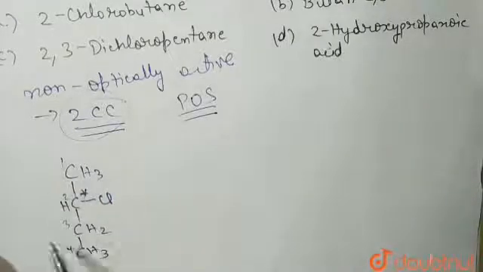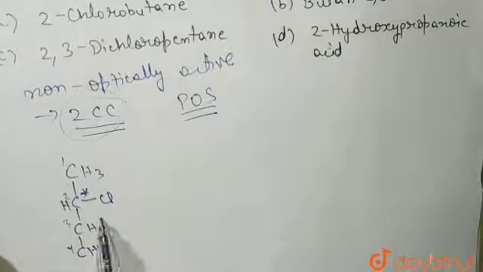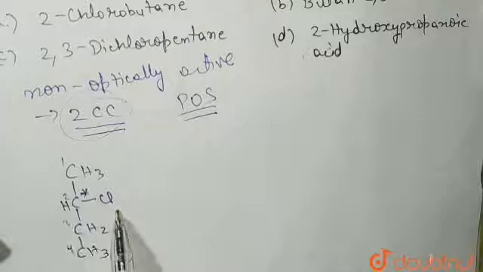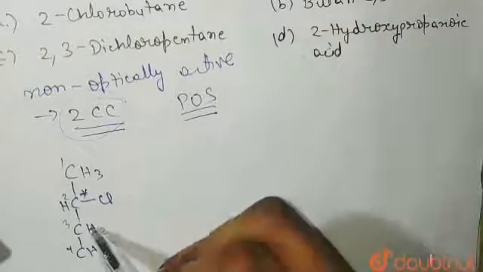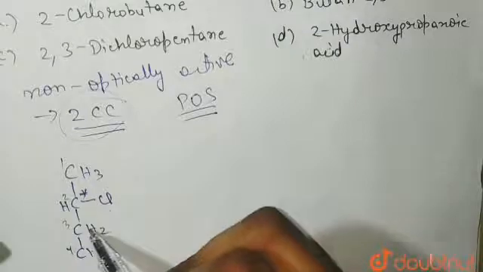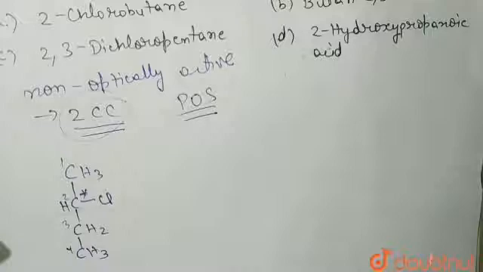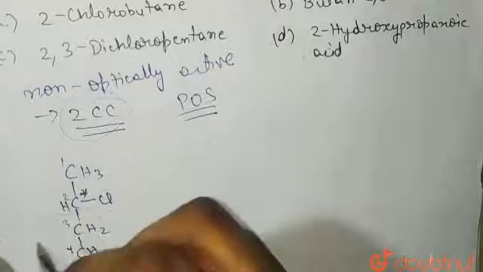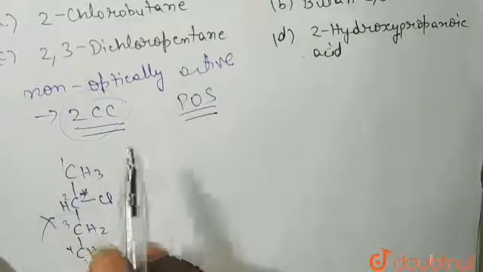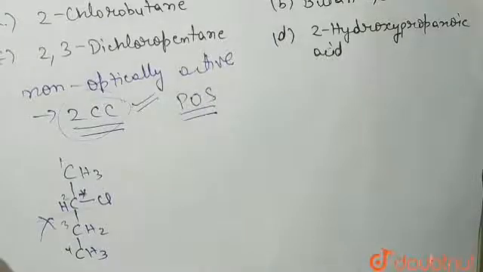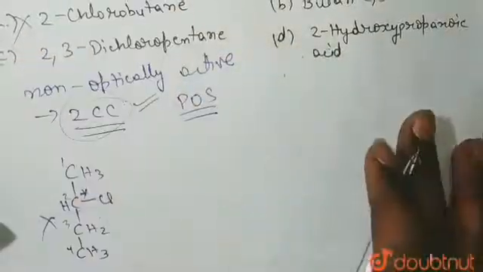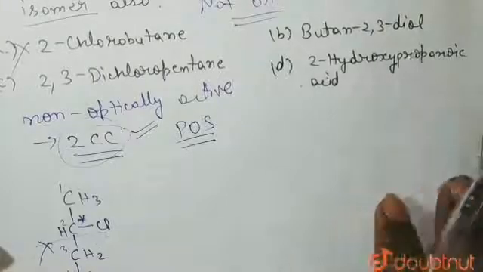But do you see any plane of symmetry here? No plane of symmetry is there. For a plane of symmetry, a Cl should be at carbon number 3 also. If the Cl group was there, then one of the isomers of this compound would become a mesoisomer and optically inactive. But here only one chiral center is there, so it will not possess a mesoisomer, because for a mesoisomer the main condition is that 2 chiral centers must be there. So this is not the answer. Now next is butane 2,3-diol.